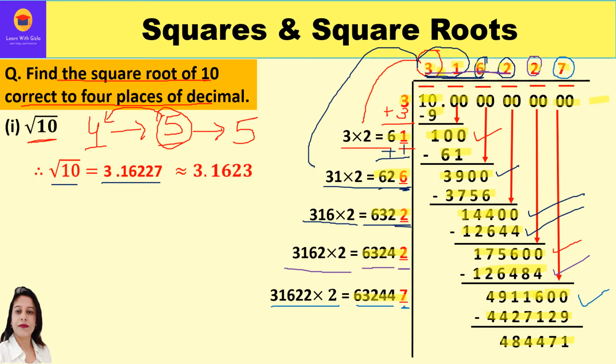Now there are 5 decimal places, but we have to correct the 4th decimal place depending on the value we have got at the 5th place. So at the 5th place we have got 7, which is greater than 5. So we will take the 4th place and increase it by 1. Whenever the next place is greater than 5, we make changes in the previous place. So the previous place we have 2, 2 plus 1 is 3. So I can say the square root of 10 is 3.1623, right?